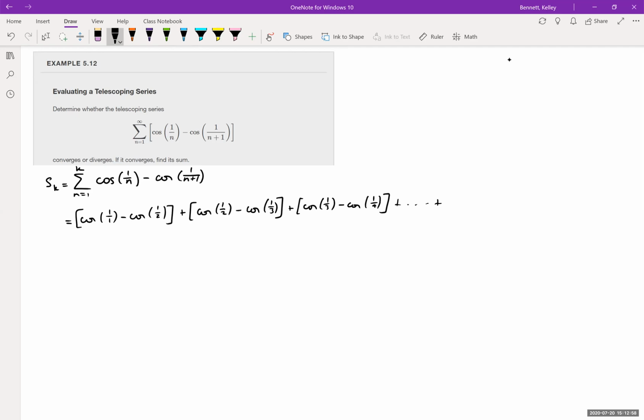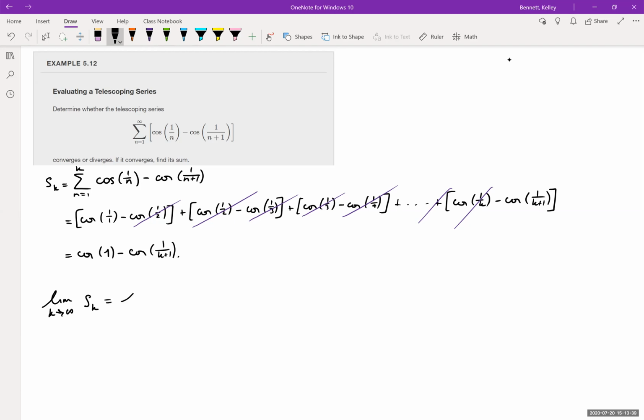et cetera, and so on, until we get to the kth term, where we're going to have cosine of 1 over k minus cosine of 1 over k plus 1. And so again, we have all these cancellations all the way up until k. So what we're left with is cosine of 1 minus cosine of 1 over k plus 1. And to determine the value of this summation, we're going to do n equals 1 to infinity. Just kidding. We're going to take the limit as k goes to infinity of S_k. And that just is